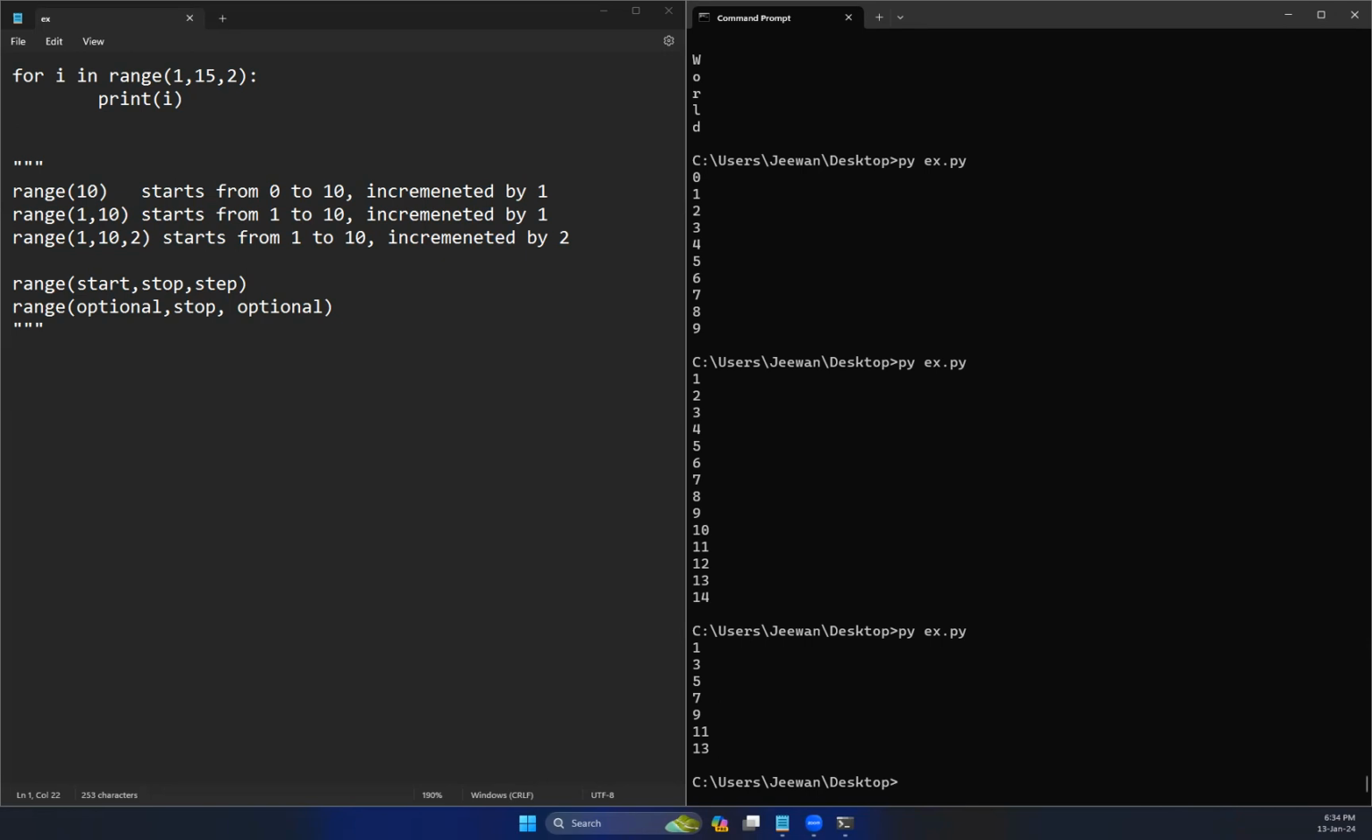Now let's try to figure out the factorial number. Factorial 5 is calculated by 5 into 4 into 3 into 2 into 1. Factorial 4 is calculated by 4 into 3 into 2 into 1. And then let's say